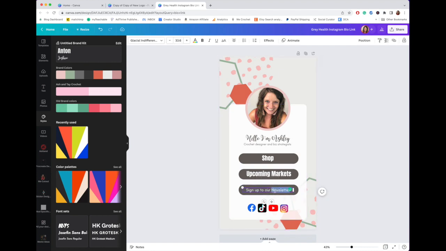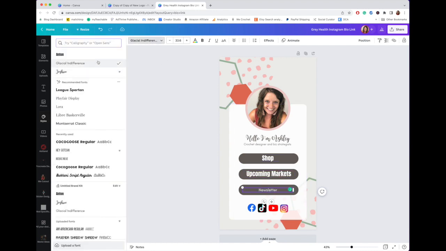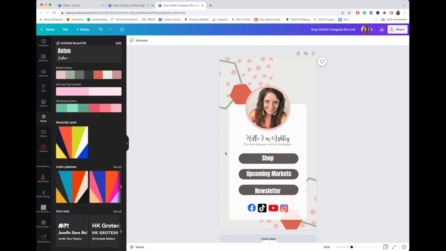I'm going to change this to just say newsletter, and I'm going to change it to the same font as these other ones. And then I'm going to make it bigger. Let's see, this one is 49.6, 49.6, 49.6. Okay, much better. Now I need to make sure the word newsletter is in the middle of this button,